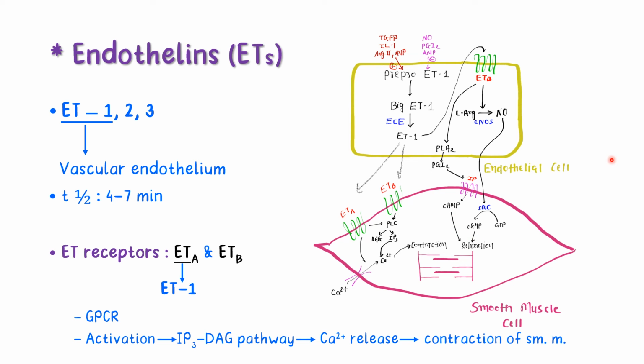While as paracrine signal molecule, endothelin 1 diffuses to adjacent smooth muscle cell where it acts mainly on ETA receptors to cause sustained direct vasoconstriction by contracting smooth muscle. Because ETA receptor stimulation activates phospholipase C, inositol triphosphate and diacylglycerol pathway. ETA receptors also increase calcium influx through calcium channels, which leads to smooth muscle contraction.